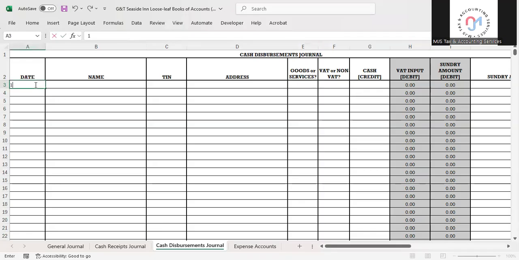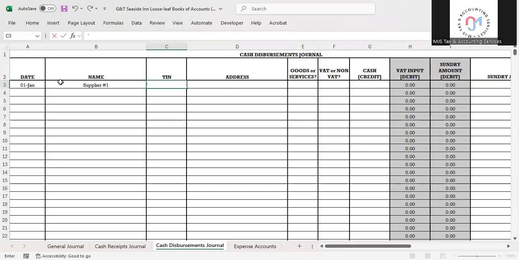Okay, so let's say we paid one of our suppliers, say supplier number one, and then we also have to indicate the TIN of the supplier because this is also very much helpful when it comes to the preparation of the summary list of purchases or SLP. If you can still recall, we are required to submit SLP every quarter through e-submission.